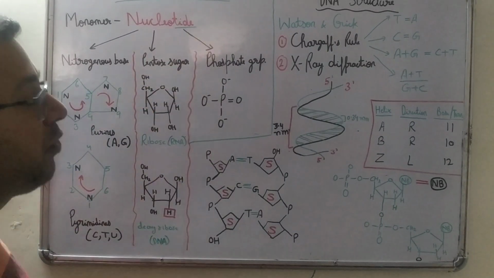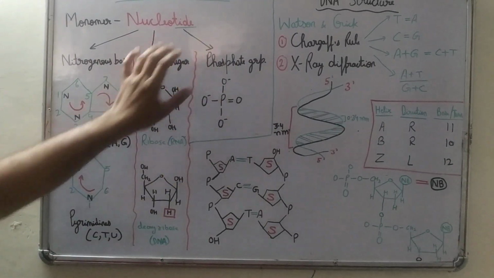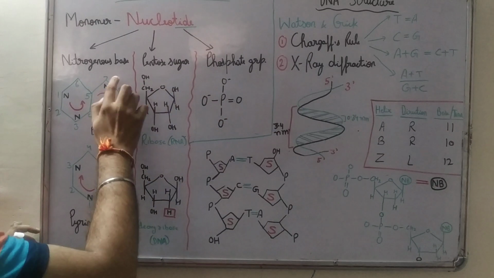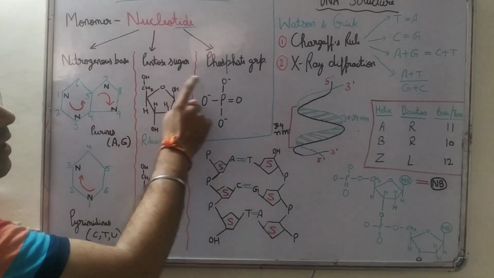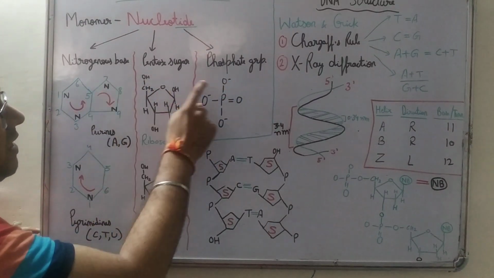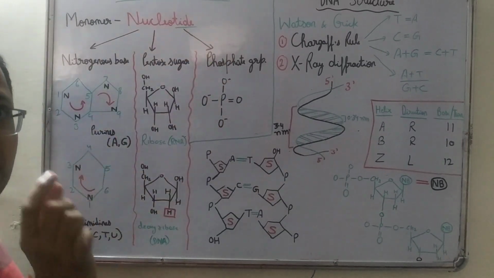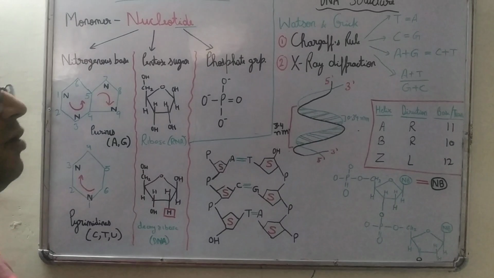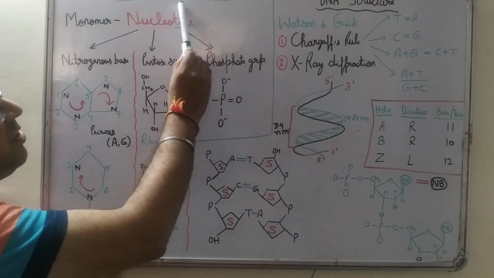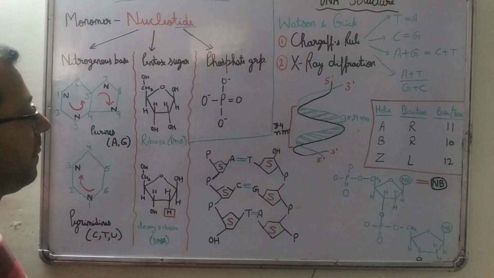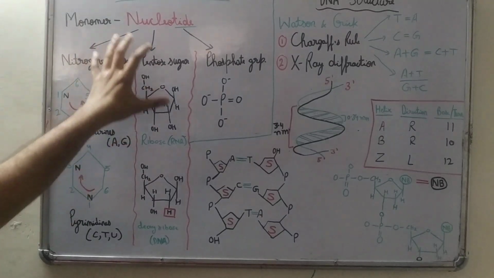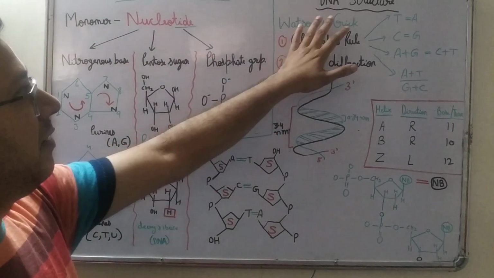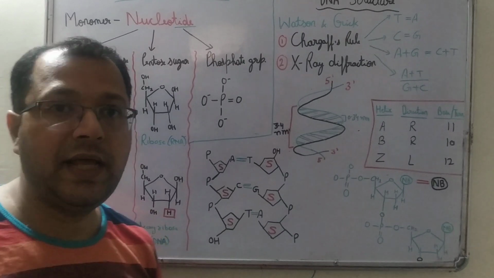So as we are talking here about the nucleotide, the nucleotide comprises the nitrogenous base, pentose sugar and phosphate group. All these three things comprise a single nucleotide, and now these different nucleotides will combine with each other to form the polymeric unit, that is the nucleic acids. Now after this basic structure of nucleotides, we will study the basic structure of the DNA molecule.